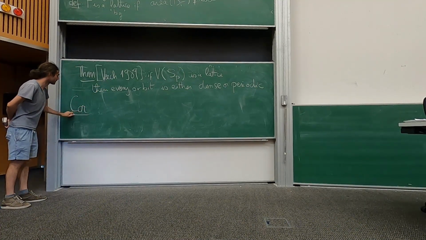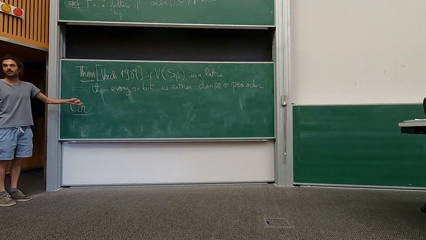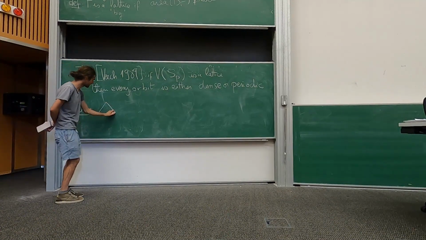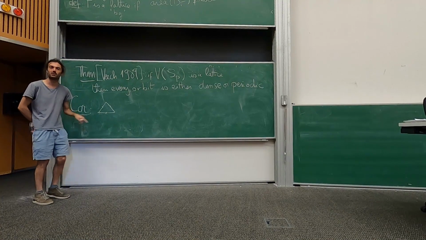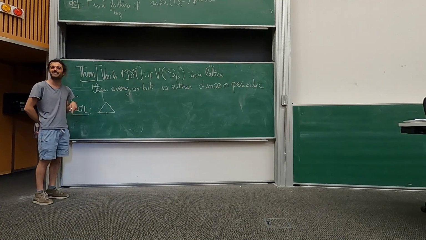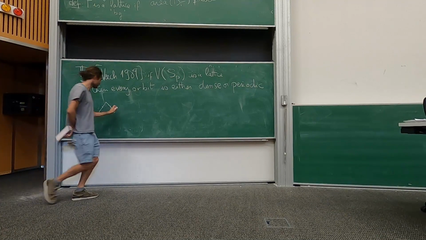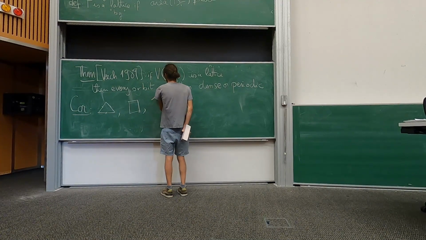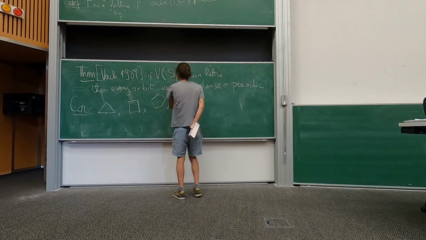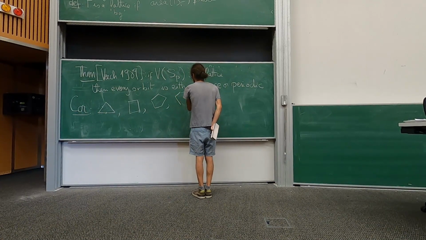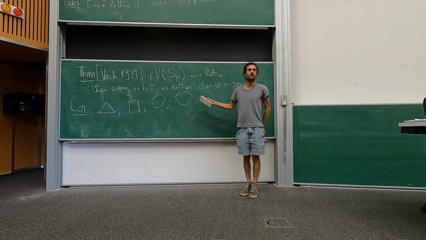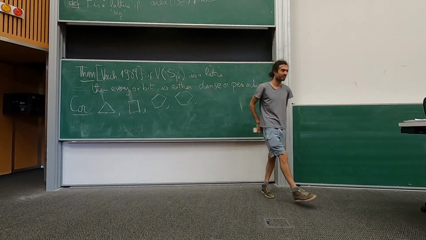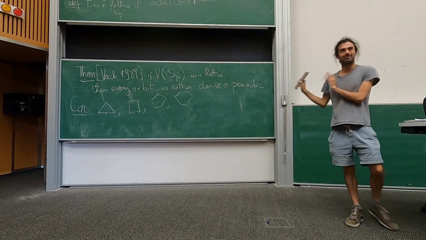And I will just finish with a corollary. A consequence of that is that this applies in particular if you play billiards in those simple shapes. So if you have, how do we say, triangle with, what do you say? I don't know the English word, sorry. Okay. If you play billiard in a square, or if you play billiard in a regular pentagon or regular hexagon, and so on. In all regular polygons, if you play billiard, every trajectory will be dense or periodic. And I will finish with this. Thank you.